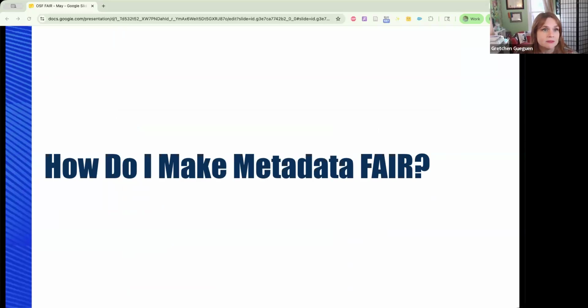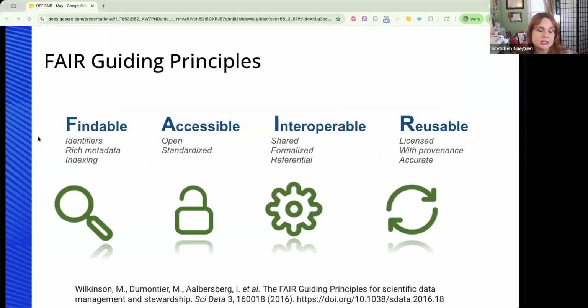So now we'll move on to the main focus of this webinar, the FAIR guiding principles. So FAIR is a set of principles developed in 2016 to make scientific data easier to share and understand. FAIR is an acronym for Findable, Accessible, Interoperable, and Reusable. So I'm going to talk more about what each of these means specifically in a moment. But first, I think it's important to talk about the overall goals of the FAIR principles, because this is a term that gets used a lot. Maybe you've already heard it. After this point, you'll probably notice it again and again.